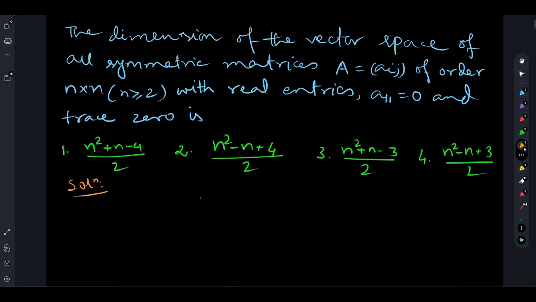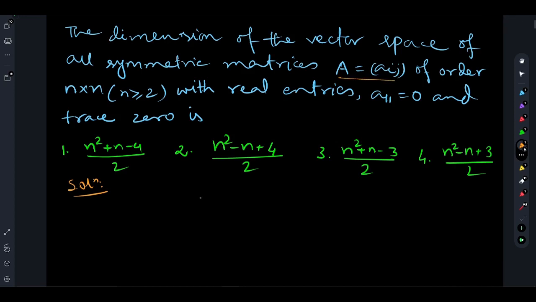In this video, I'm going to solve a question. This question is from linear algebra. The question was there in CSIR UGC NET June 2012. The question is, what is the dimension of the vector space of all symmetric matrices A equals Aij of